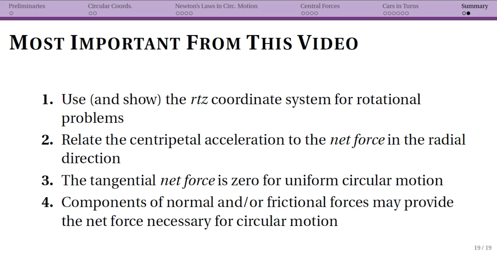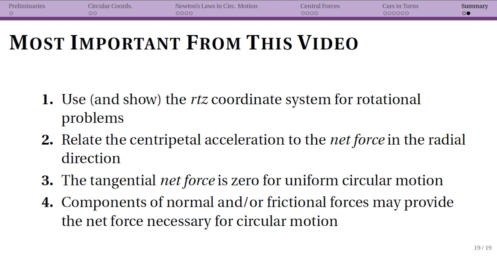So some bullet points again: use and show your RTZ coordinate system. The book uses the radial direction, the radial unit vector, towards the center of the circle, but many other situations and what you might be used to in polar or cylindrical coordinates would point that away from the center. Physics will still work. You can still do your problem if you define your radial component away from the center, but you must show me what coordinate system you're using, since otherwise I'm just not going to know how you're